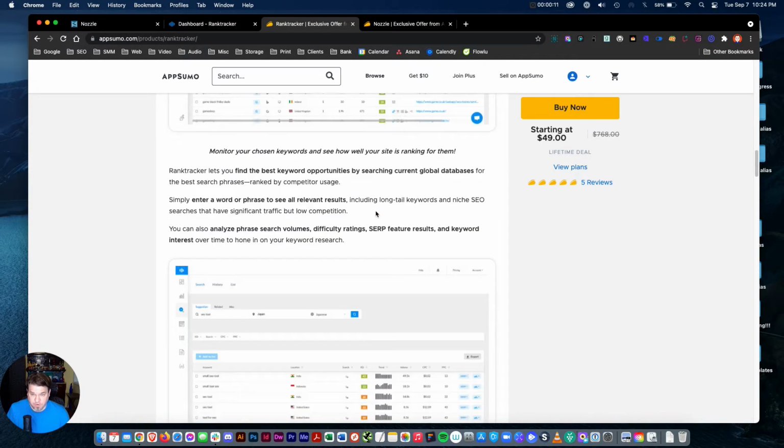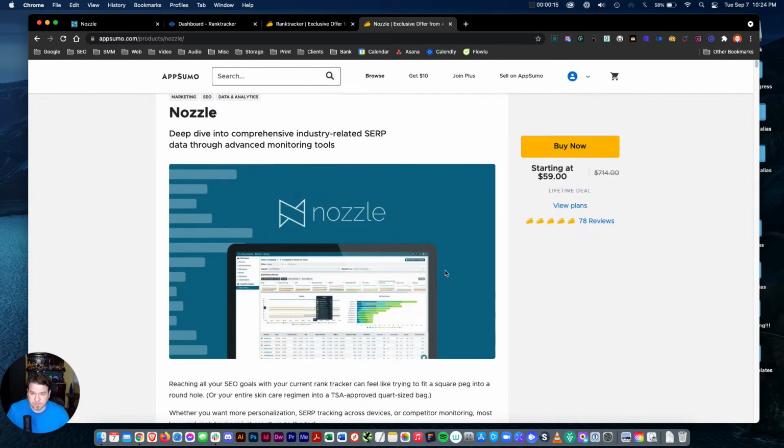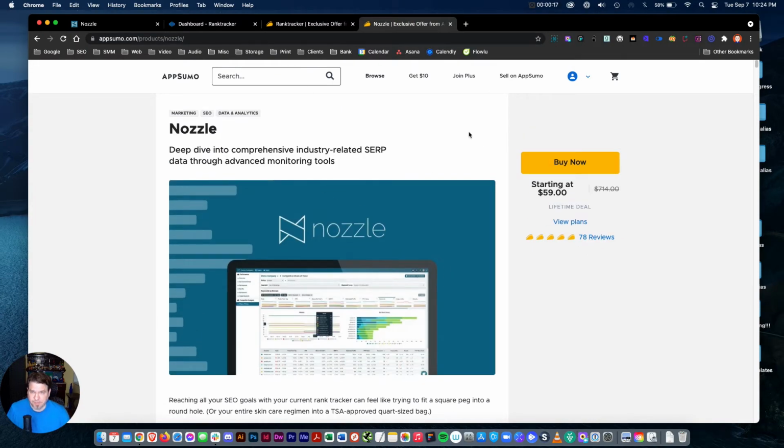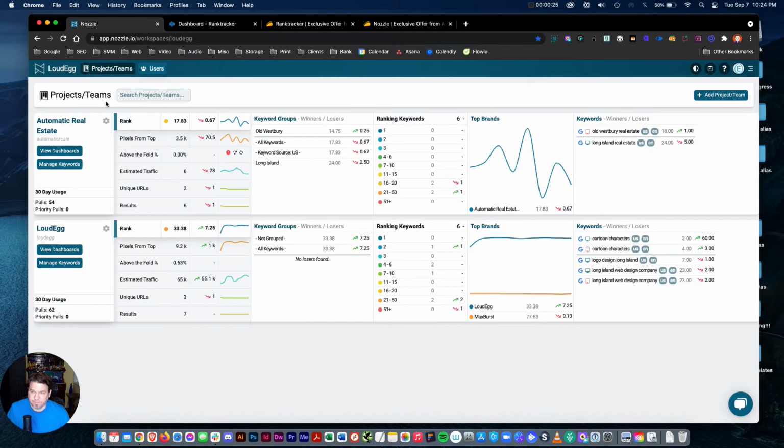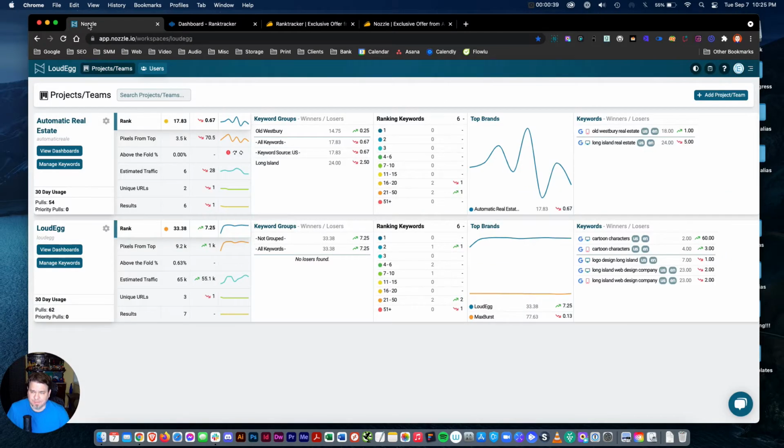We have Ranktracker and Nozzle, and both these tools are based on rank tracking and data mining. You can see this is the Nozzle dashboard you get started with, and this is the Ranktracker dashboard you get started with. So with Nozzle, people have been complaining about the UI being overwhelming and it's a bit much, but